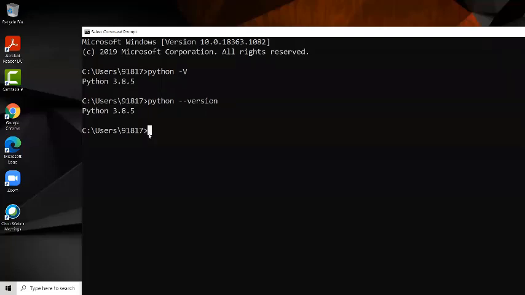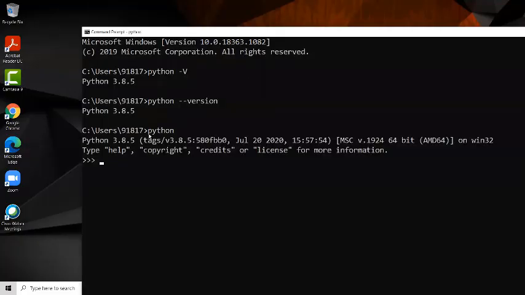Next, we are going to our Python command prompt by typing which command? python. Okay, now see, it gives a command prompt or a shell prompt for Python. Here we can give any calculations.